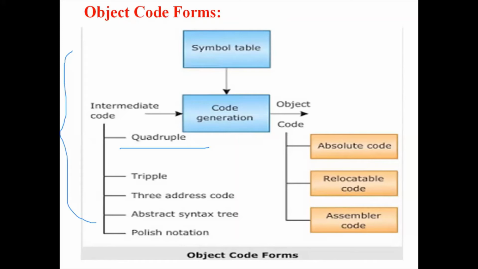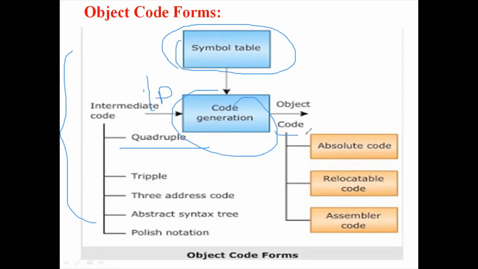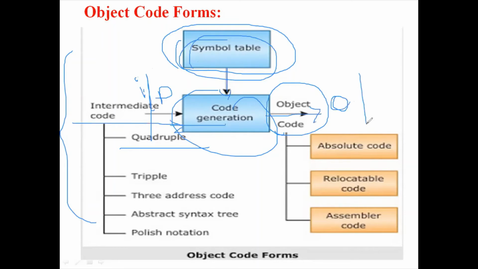Okay, then you can go to the diagrams. This is for object code form. All the table data can be stored from the symbol table and given to the code generation phase. The code generation phase takes the intermediate code as the input, and you produce the equivalent target code as the output. This is the main thing. The output is the target code, the equivalent object code as the machine representation code. It is the final output phase.